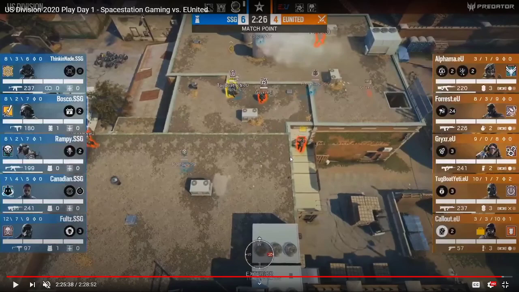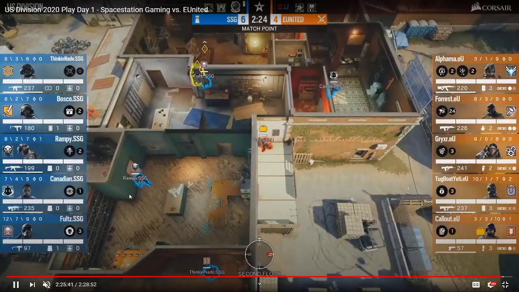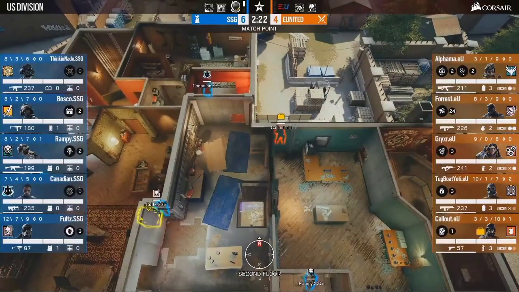Because it's on match point, E United decide, okay, we have to get the jacuzzi wall open. That's the most important wall because it kind of is. And what we're going to do is open the construction wall and hold flank from the rappel. So if there are any defenders playing on the east side of the map, they're cut off from this angle being held from the rappel. So the call out goes to open up the construction wall,